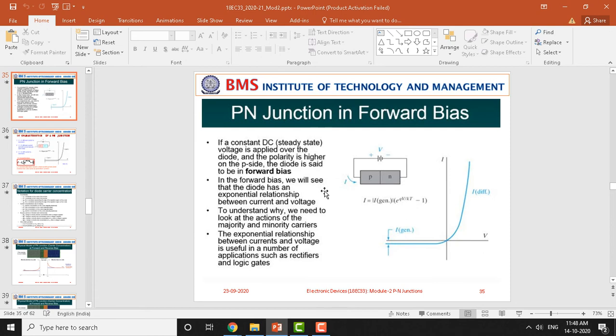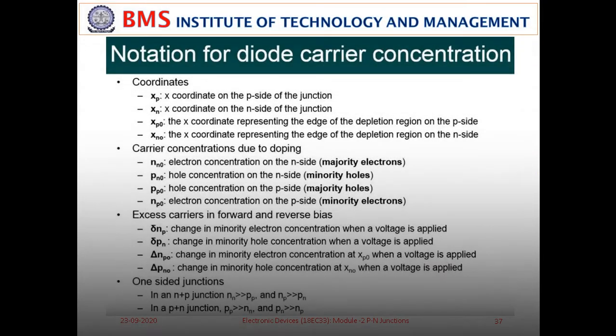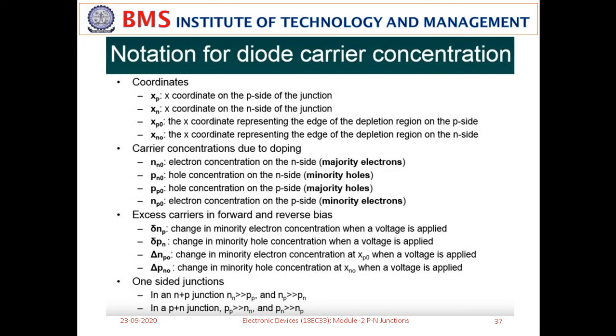This is the diode equation we were discussing under the forward bias and reverse bias condition. Here there are notations, you can go through these notations. These notations are important, because remembering notations is far better. You can see that various notations have been shown here. We will keep using these notations even in upcoming classes.